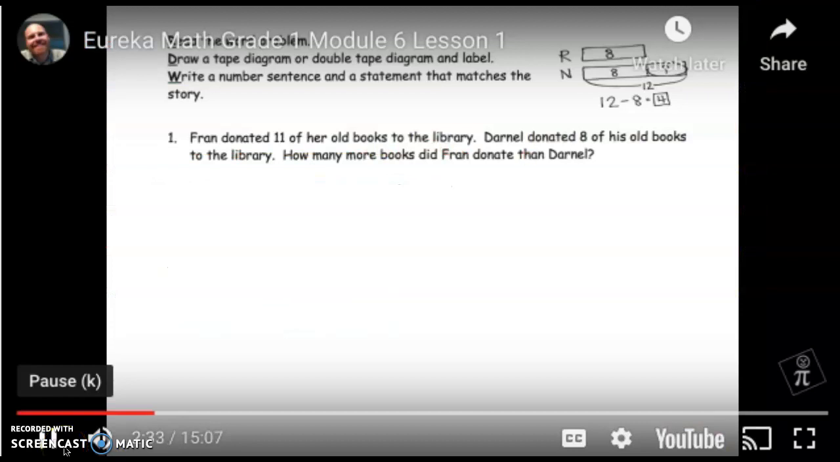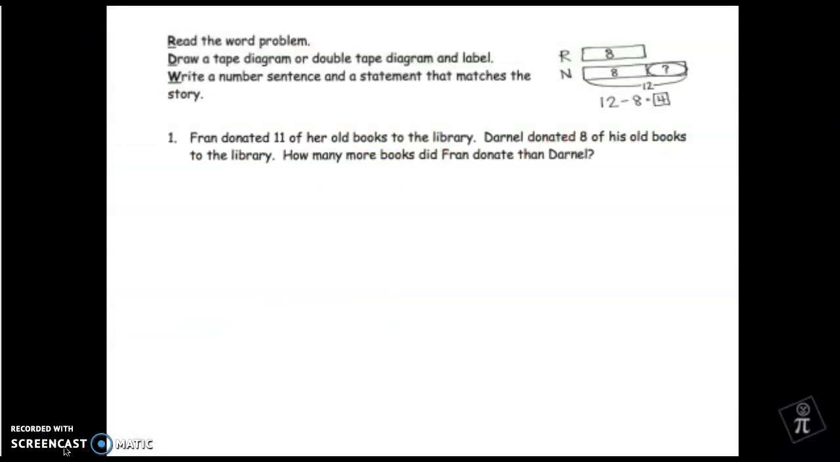Books to the library. Darnell donated 8 of his old books to the library. How many more books did Fran donate than Darnell? So the idea is, oftentimes we first read the question, and what I like to do is think about, what is my answer sentence going to be? How many more books did Fran donate than Darnell? So the idea is I'm going to want to try and write my answer sentence, answer statement with a blank. So I'm going to say Fran